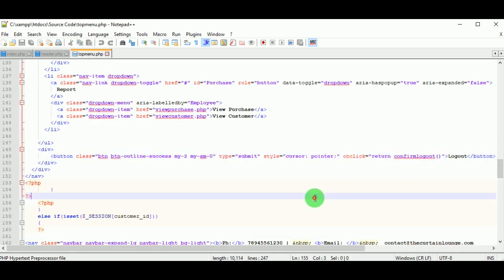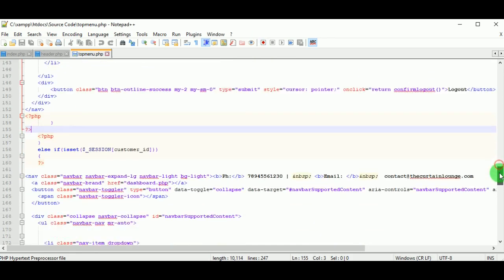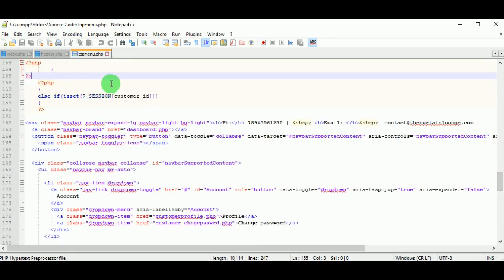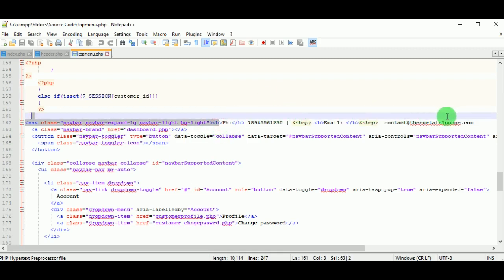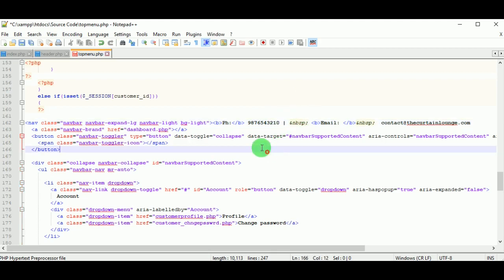Now, if the person who has logged in is not an employee, not the admin or the tailor, then who? Then it is a customer. So if the customer has logged in, what are the menus available? The customer can view the contact details and email details of the company, the curtain launcher. Then the customer is redirected to the dashboard.